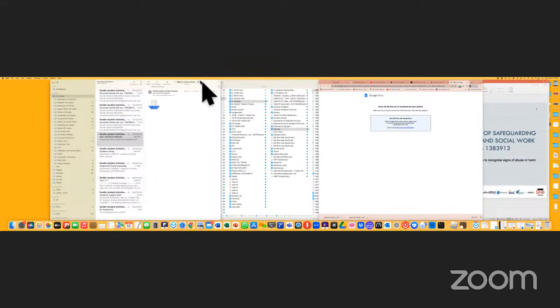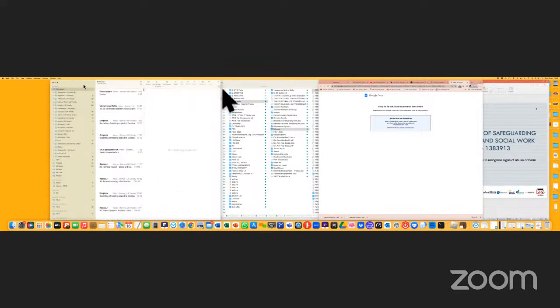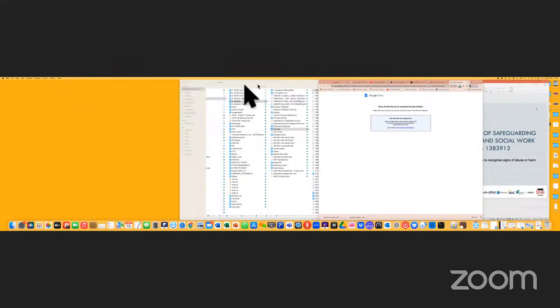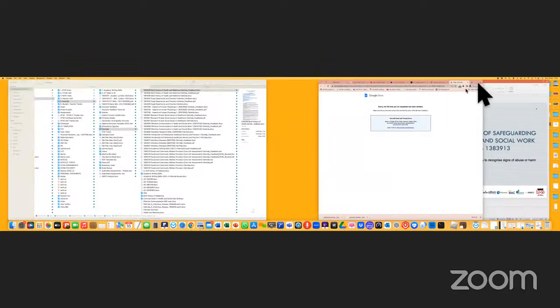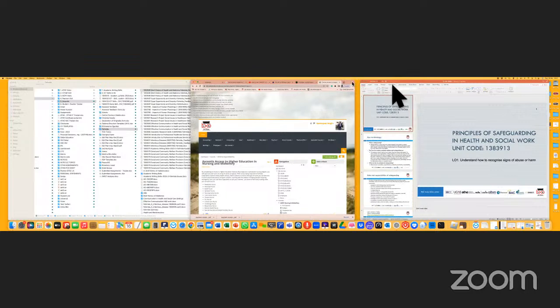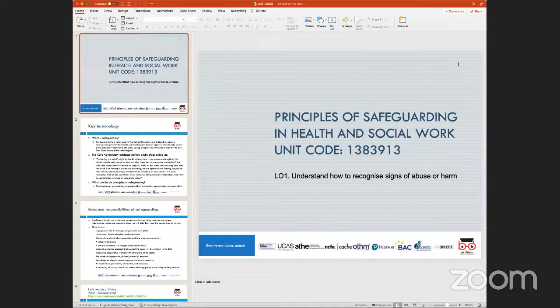Some bits of work that I would suggest you focus on: the proof of the pudding is the assignments that you submit, and it is absolutely imperative for you to spend a bit of time before you submit. It is not a case that you can come to the college and we can do this work for you. This is not something that we can do for you. We can teach you once, twice, but after that, you have to follow it through as a process. And it is an absolute requirement, because this is going to be making and breaking,